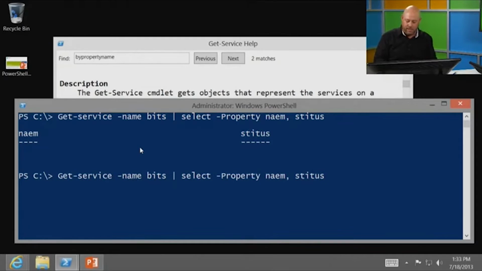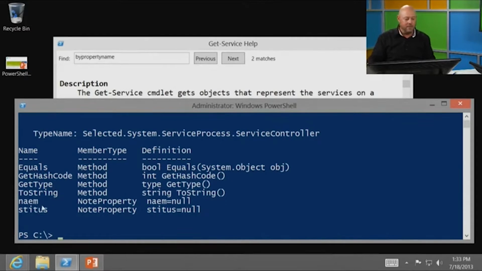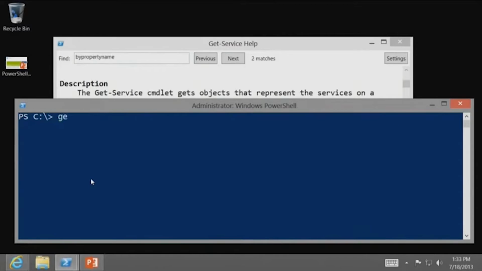I'm going to pipe that to Get-Member. Look, it just created new properties called name and status. So here's the idea. I want you to think about this. I wonder if I could take the existing property for AD computer called name and change it to computer name, and the answer is yes. However, the answer is yes,